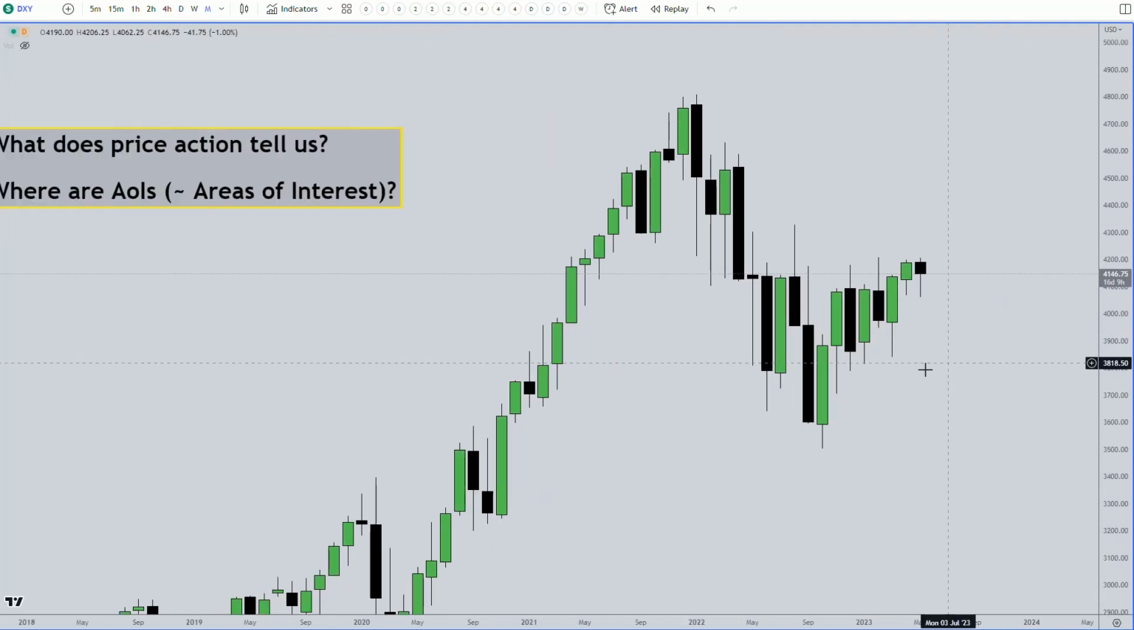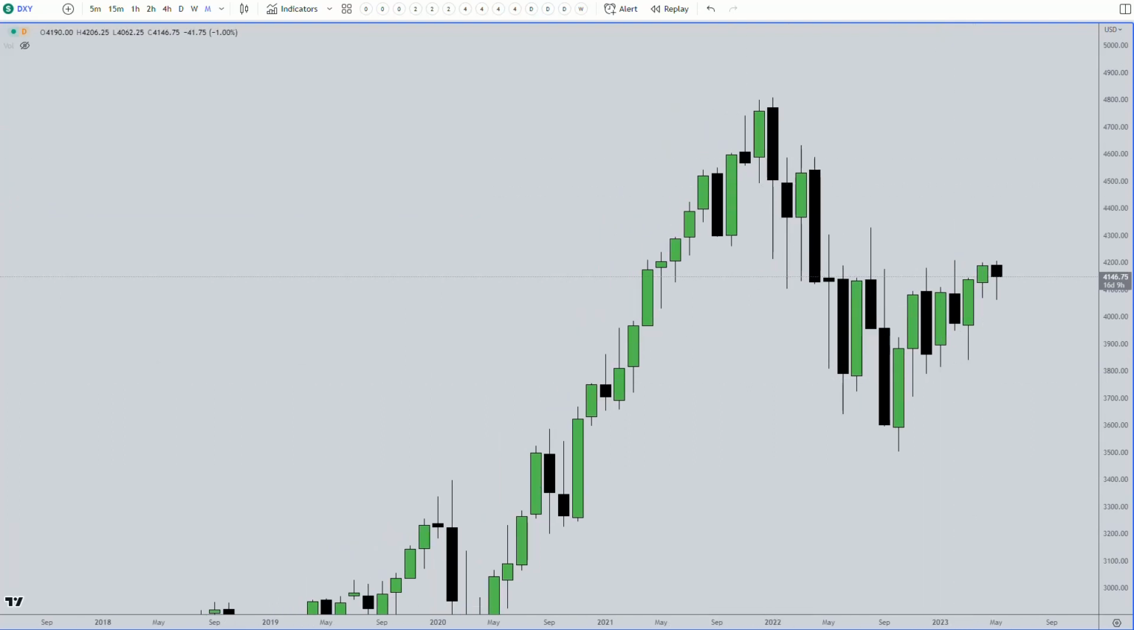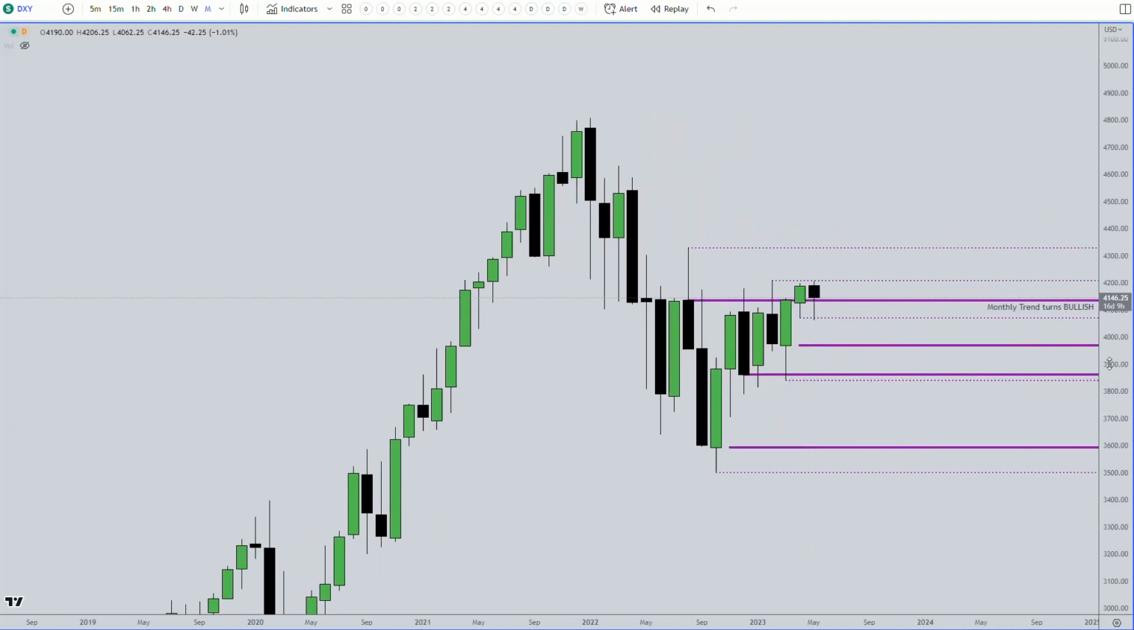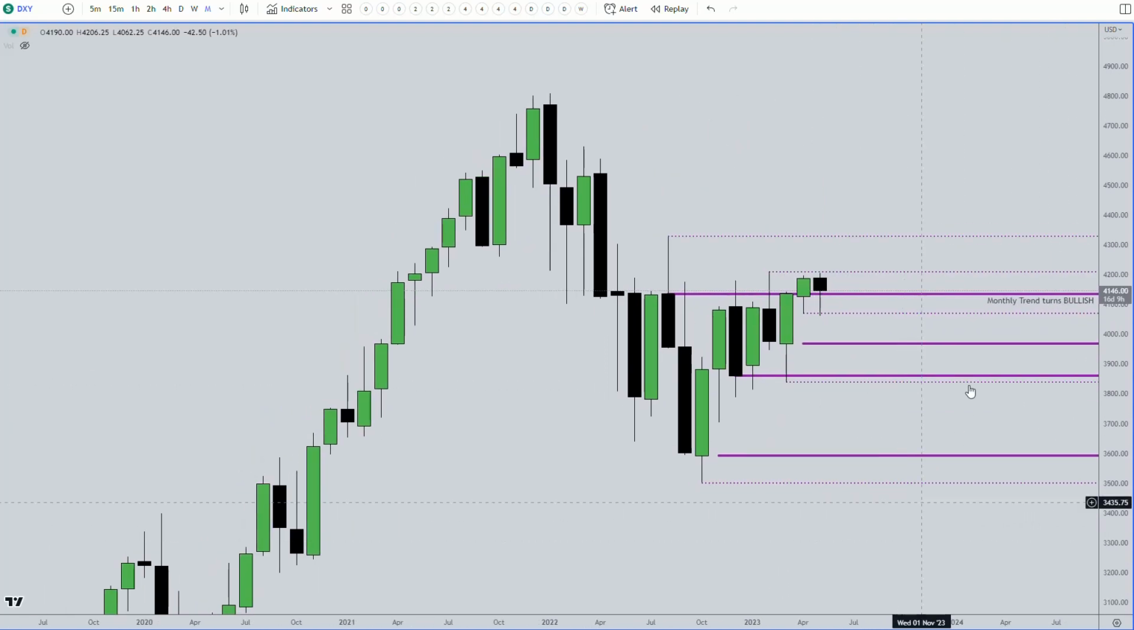For that, as always, let's throw on our monthly levels. And here we can then clearly see that either this, what we are currently looking at, is shaping out to be a monthly deviation above this monthly trend turns bullish level at around $4,130, then we'd be looking at a bigger pullback or a massive fake out, one of the two,